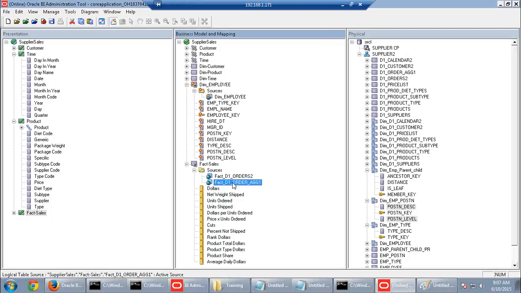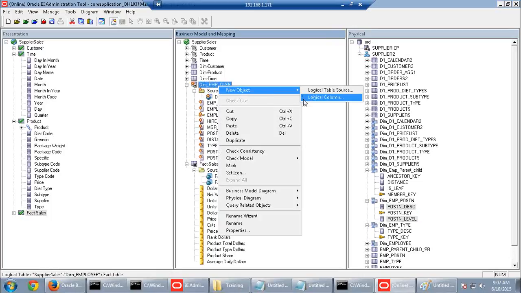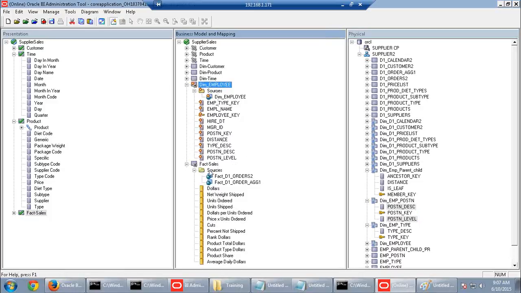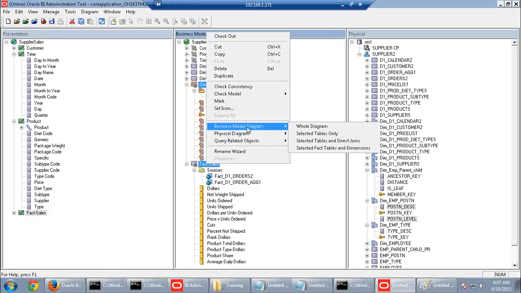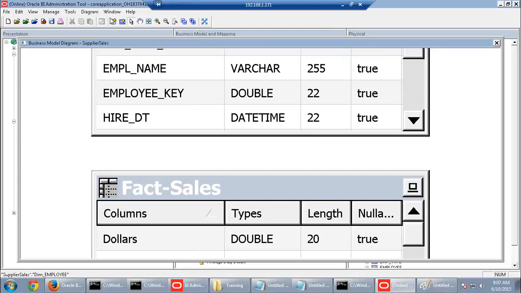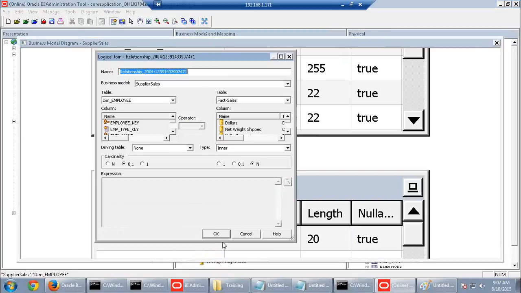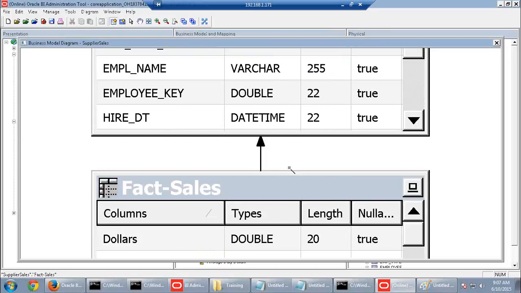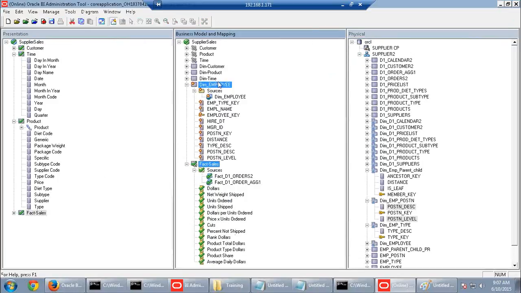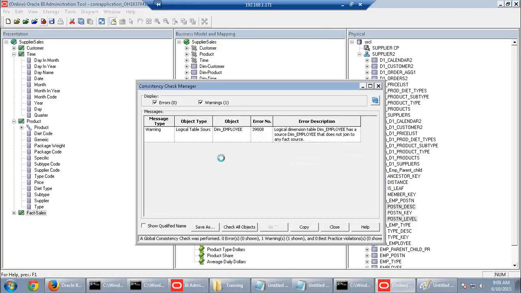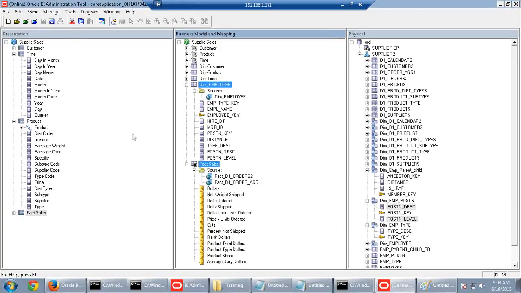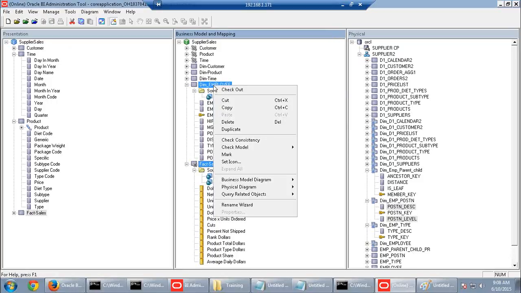Go to fact sales, and this is okay. Now, right click on this new object. So just make fact sales a join. Business model diagram, selected tables. Make a join between these two. Click OK. Check in the changes. That's fine. This will still have an issue. Okay, let's save this and right click on this